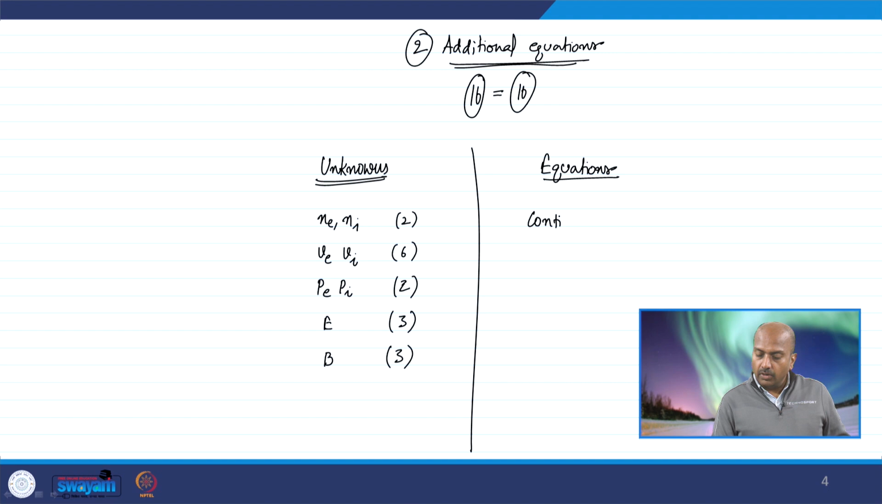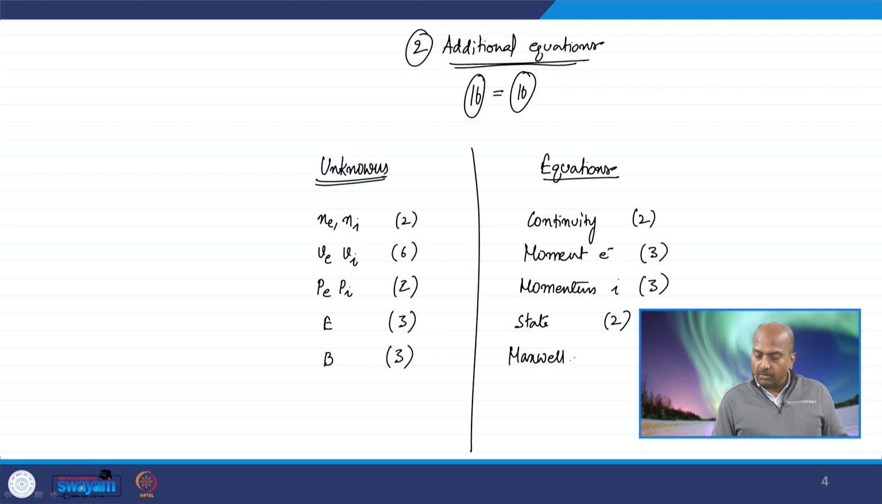We have 2 continuity equations, one for electron and another for ion, so we have 2 in total. We have the momentum equation for electron. We have 3 equations because it is a vector equation, and then we have a momentum equation for ion. Again, we have 3 equations, and the equation of state for electron and ion, we have 2, and then